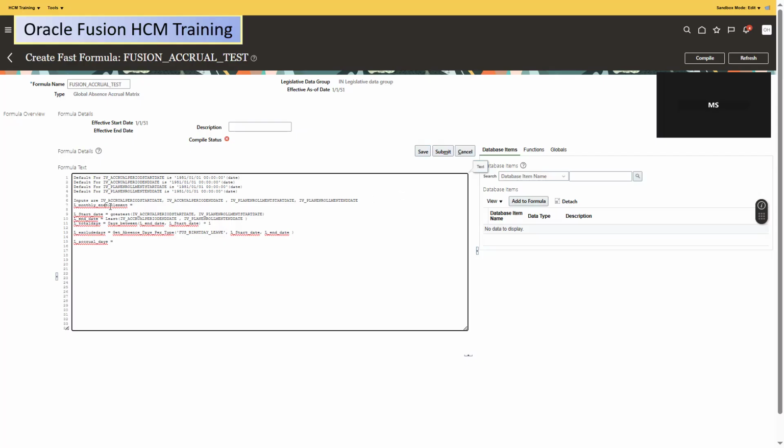Monthly entitlement is, we saw it as 1.33, 1.333, since 16 days is the yearly accrual. Now 1.33 is for the month. Then what I'll do, accrual days or accrual is equal to, wait,